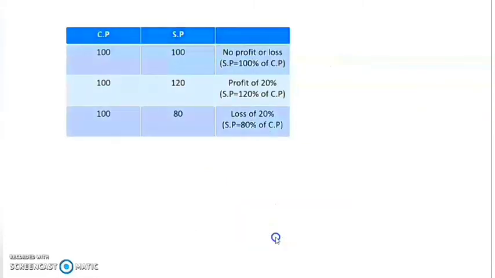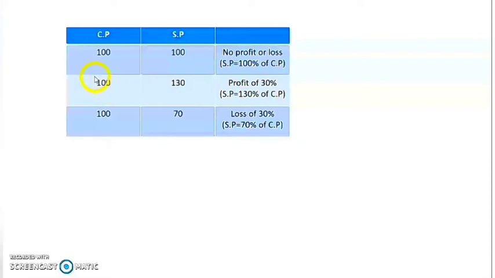So here in this example, you will have to face a loss of 30 rupees and a loss percentage of 30%. Now let us summarize everything what we have learned. So suppose the cost price of an item is 100 but you sell the same at rupees 100 itself, then you don't face any loss or you don't gain any profit. So there is zero loss and zero profit. And SP here is 100% of the CP. So you get SP equal to 100% of CP.